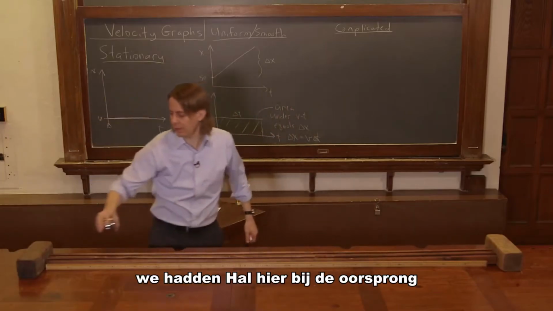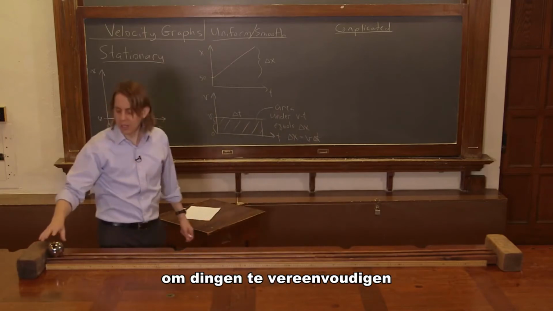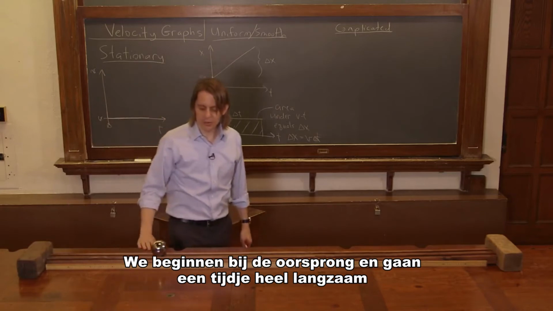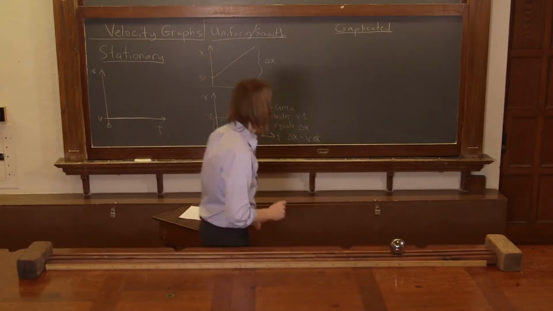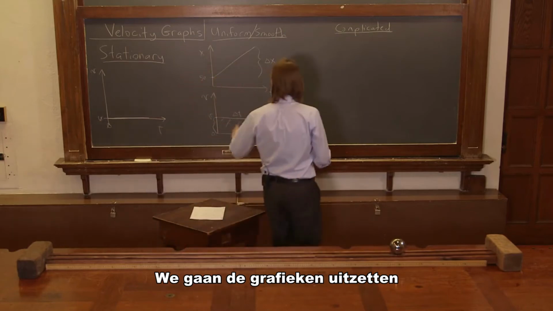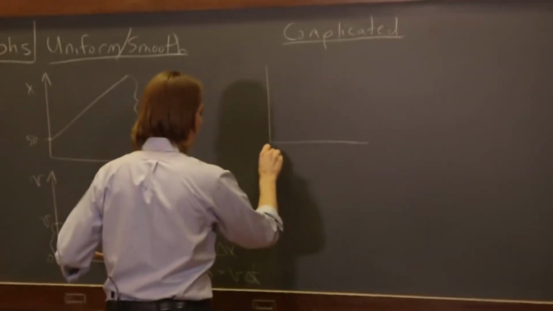We had Hal here at the origin. I think I want to start at the origin, just simplify things. Yeah, start at the origin, we go off kind of slow for a while, and then whack, and we go fast. All right? Let's see, let's plot that both as x versus time and